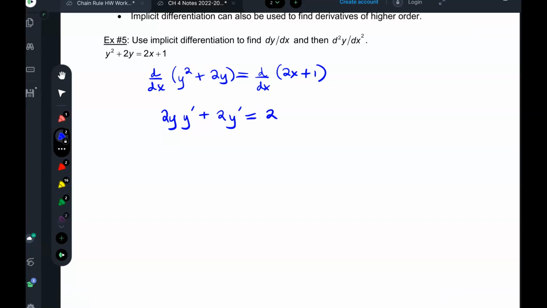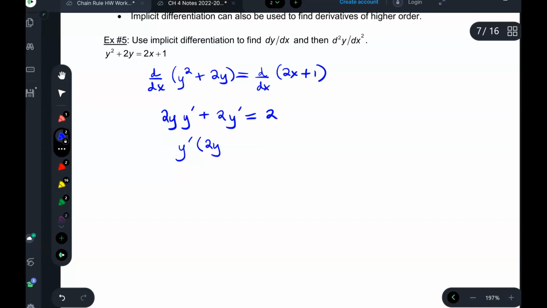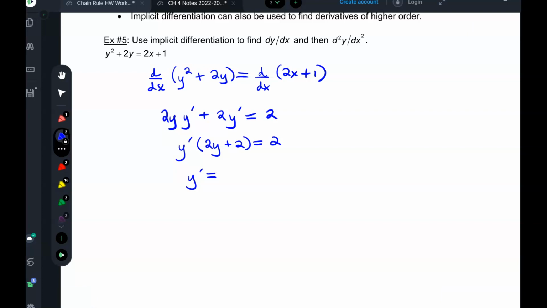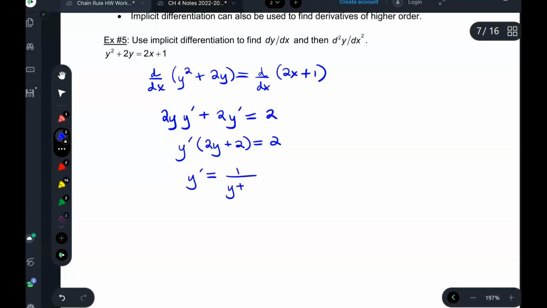Nice, huh? We're taking the first derivative right now, and then the second derivative. Okay. All right, I'm going to factor out my y prime. And then let's simplify it while we divide. So it's really just going to be 1 over y plus 1. Excellent. Okay, so this is my first derivative,